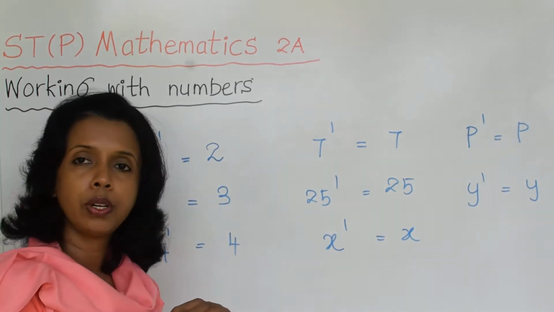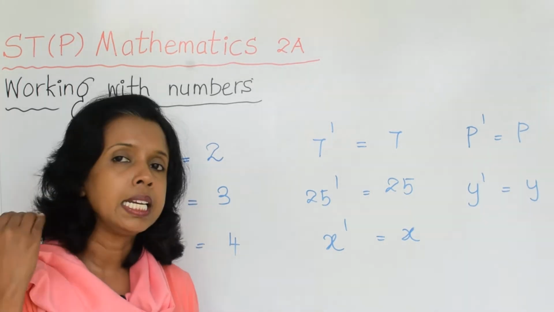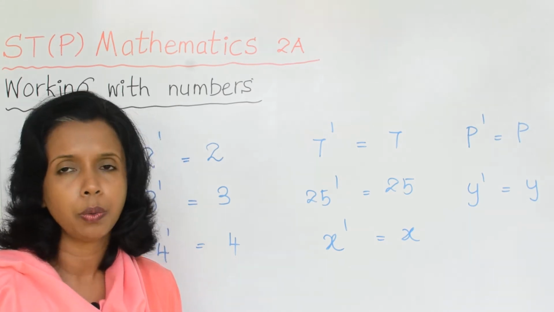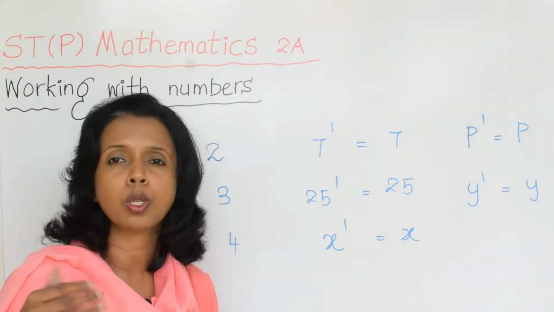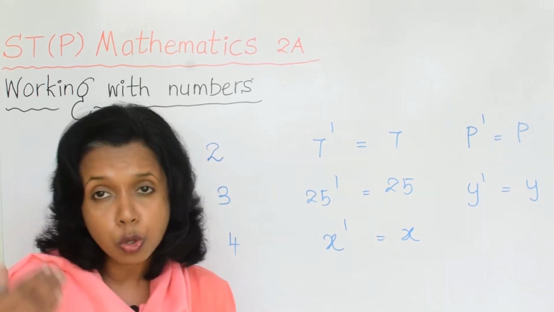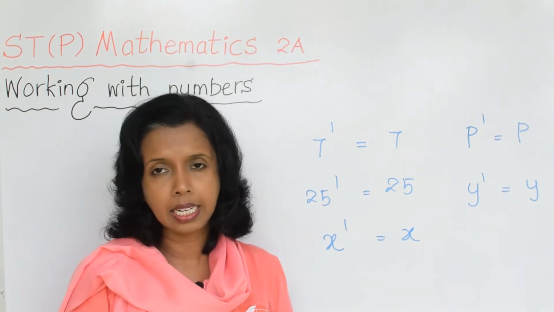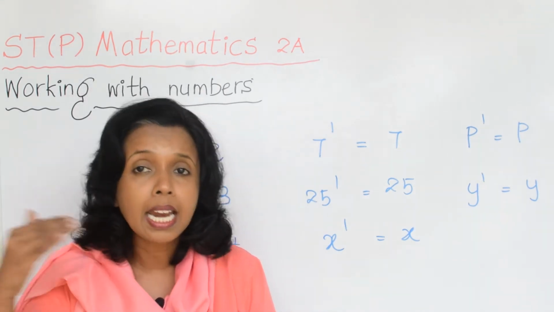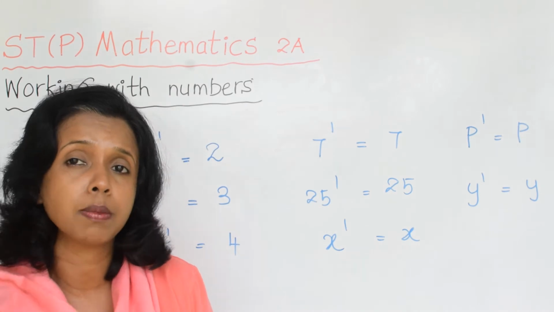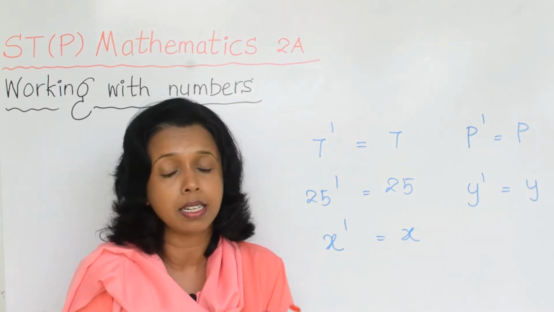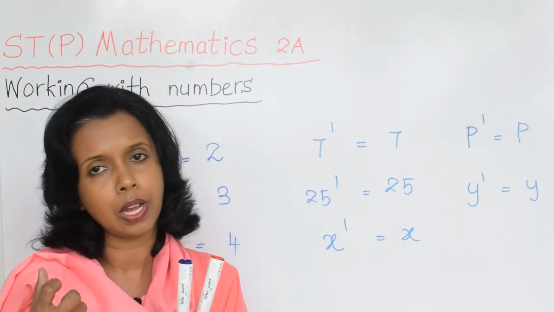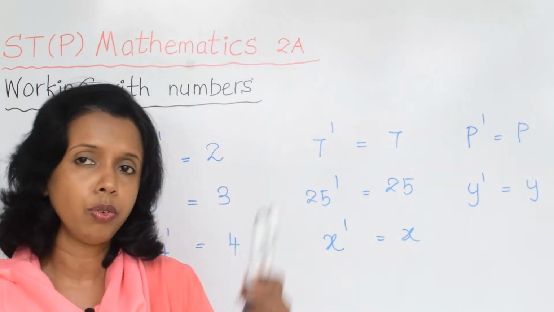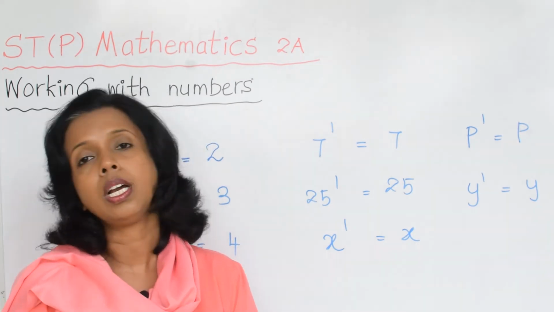Look at the board carefully, try to understand that. So the index tells us how many times we want to multiply the base value, right? According to that, if it is 2 to the power 5, that means we want to multiply 2 5 times, right? If it is 2 to the power 8, that means we want to multiply 2 8 times, 2 times, 2 times, 2 times. Likewise, whatever the index value, we want to multiply the given base value according to the number of times in the index value.